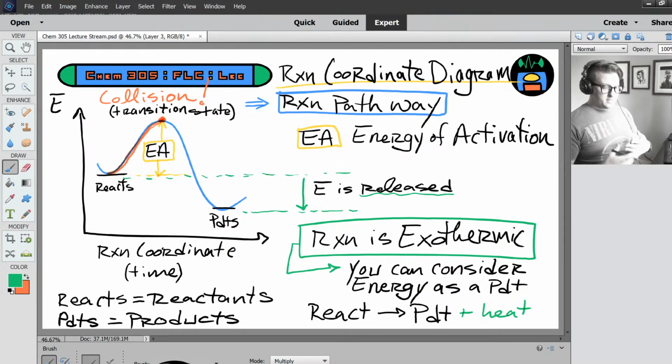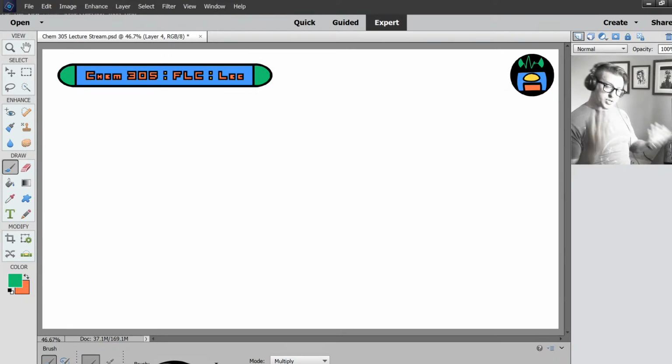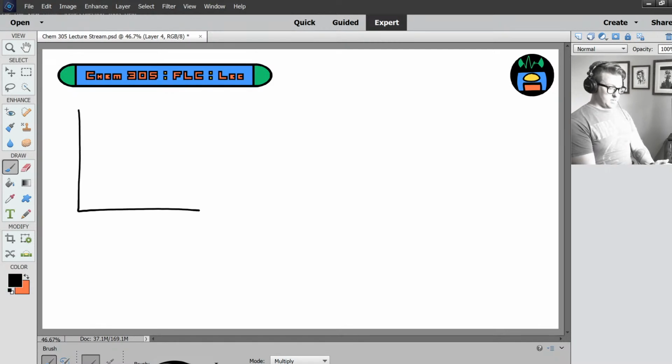And that heat, even though it's released, you can consider it as a product, that the reaction is producing heat as it releases it into its environment. All right. Now, this is not the only type. There's two types of reactions. Basically, there's the one where the products are lower in energy than the reactants, and we saw an example of